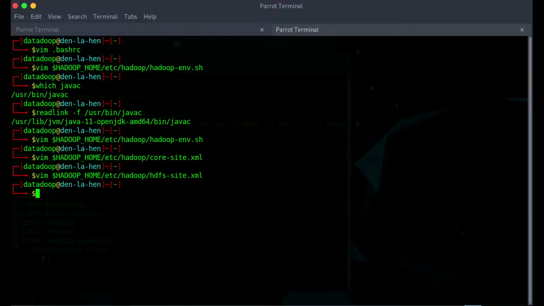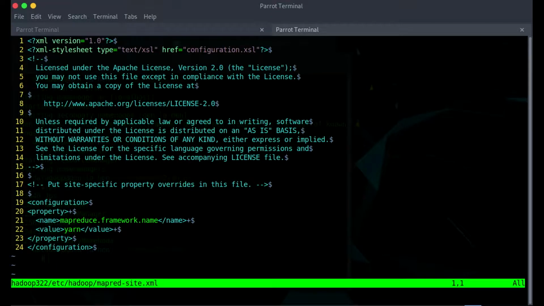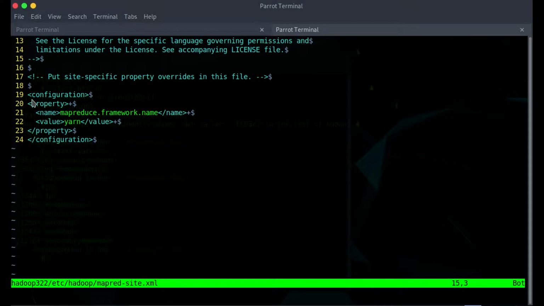After you do this, we have the MapReduce file that has to be edited. So we go for mapred-site.xml, enter. Again you have to type this specific property file here. The MapReduce framework that Apache Hadoop uses is YARN, so you'll have to type the same thing you see on screen in your editor too.